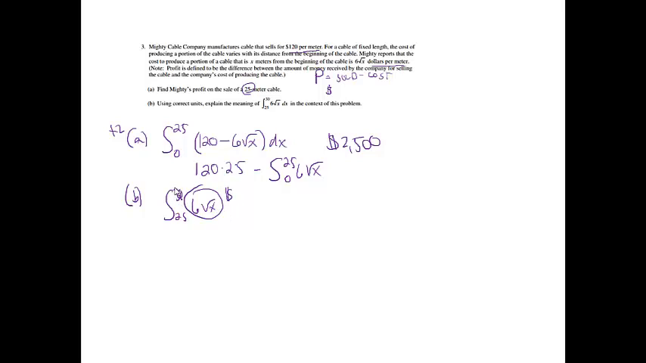So basically, if I've got a 30 and 25 here, when I plug in 30, it's going to give me the cost for producing 30 meters of cable. And if I plug in 25, it's going to give me the cost for producing 25 meters of cable. And remember, we'll be subtracting those. So this integral actually means the difference